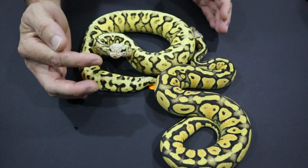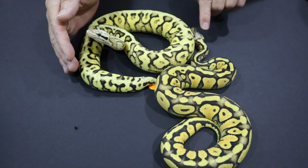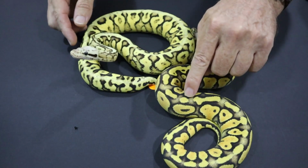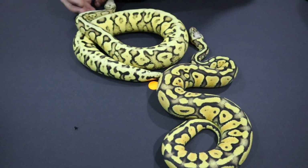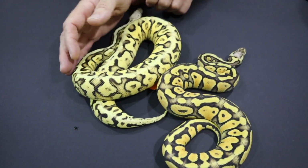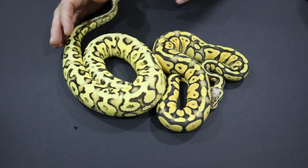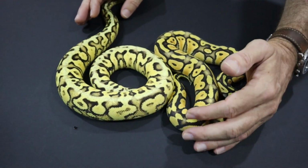This girl has a much more blushed head stamp than this one. This has a single copy of pastel. More than likely this is super pastel because of the head stamp and also because of the much lighter colour. This one is much more intense yellow than this one. So I'm thinking super pastel Yellow Belly vanilla, at least for this girl, when we compare it to the single pastel vanilla Yellow